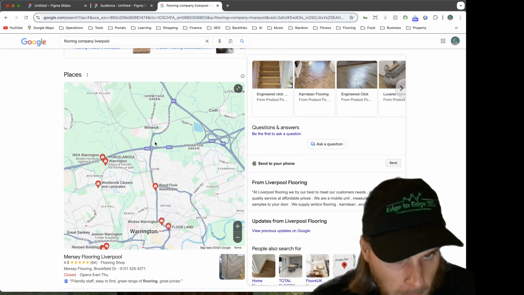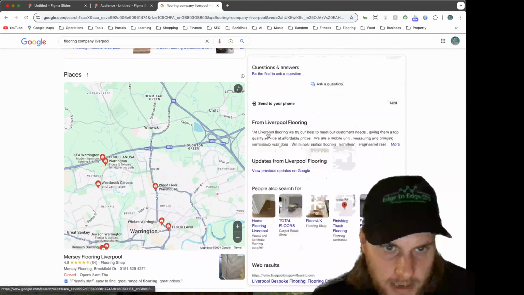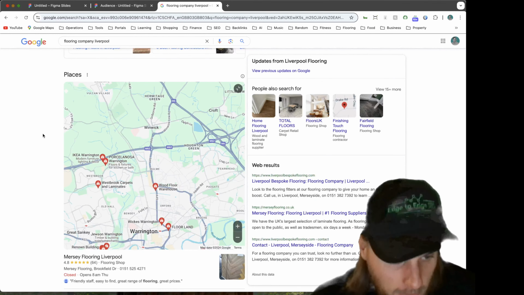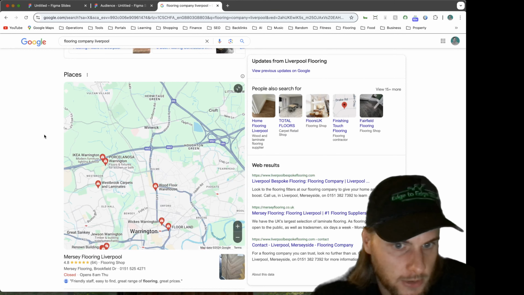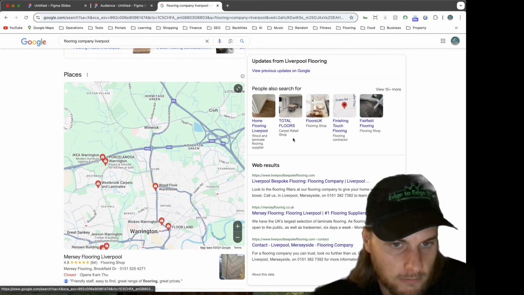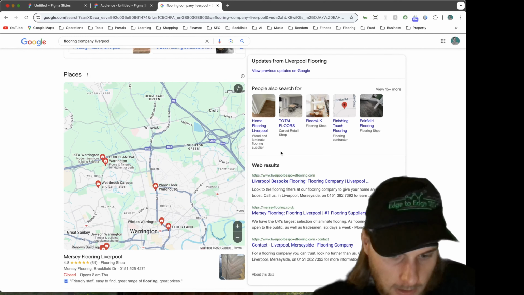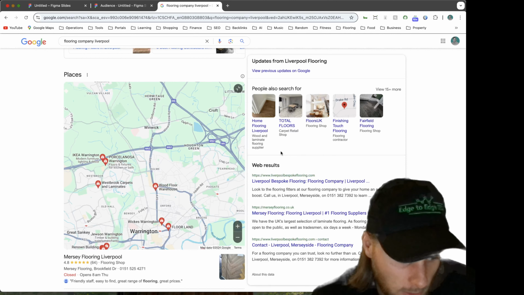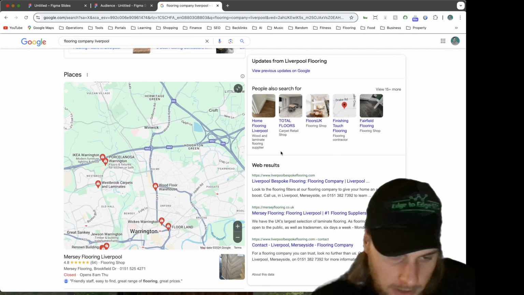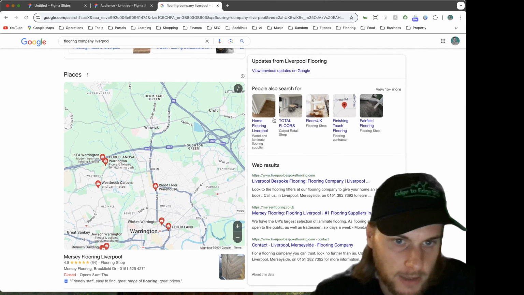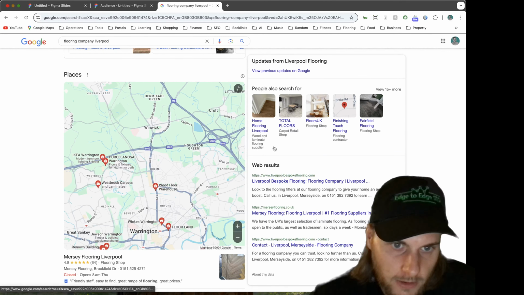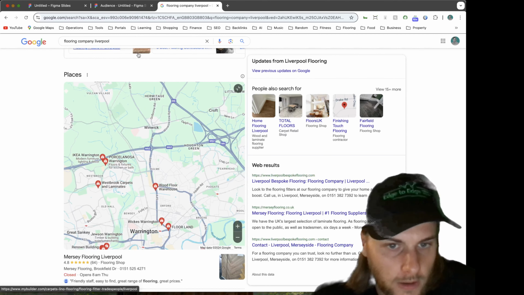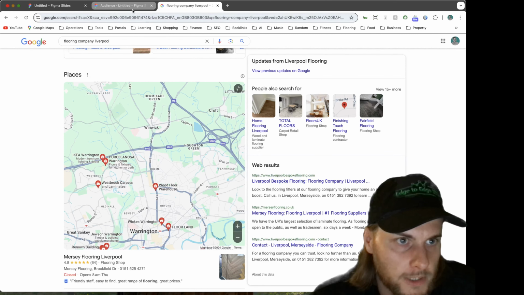So you want to be making sure that you're adding posts on a regular basis. Again, it doesn't look like this profile is, but you can add posts similar to how you add posts to your social media, and you can just go through your site and repurpose all of the content. So all of the different services that you offer, your contact details, your about us, location pages, anything that's on your site that you think you can repurpose, and then make sure that you're linking those posts to the site, so we can build that connection from your Google Business Profile to your website.